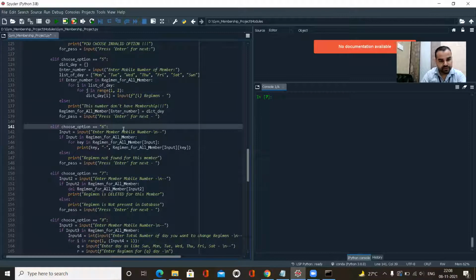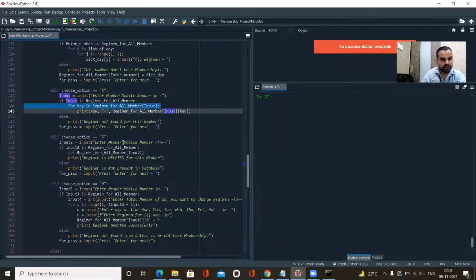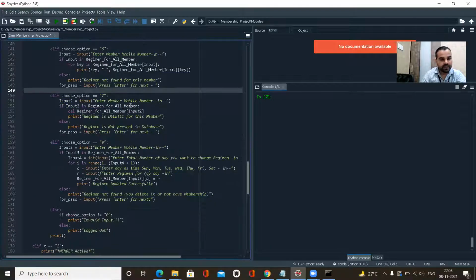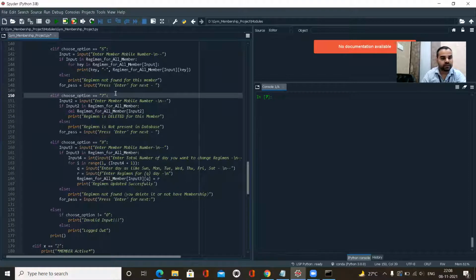6 is for viewing the regimen, whatever regimen I have selected by default. It shows the regimen for all users, which I have already taken as input, and the default regimen which I have given will come to this part. If I want to go to option 7, it's asking me to enter my mobile number to delete any member.